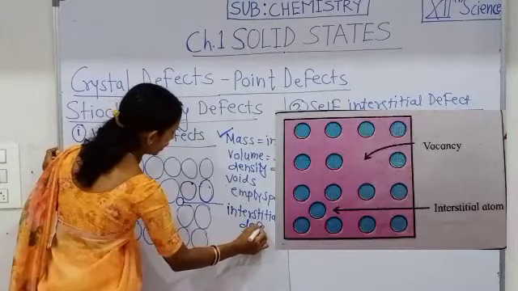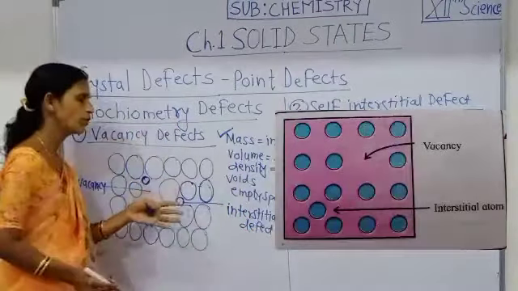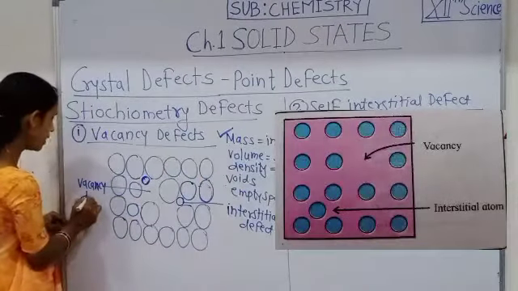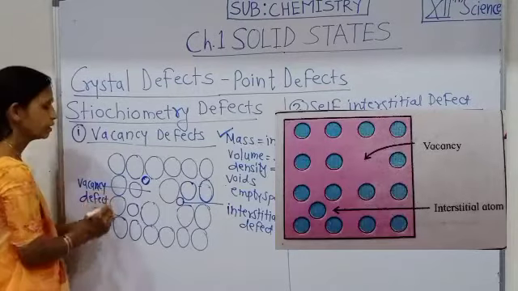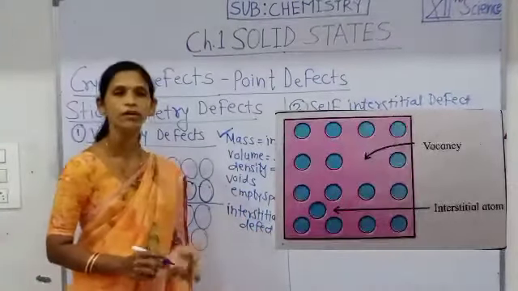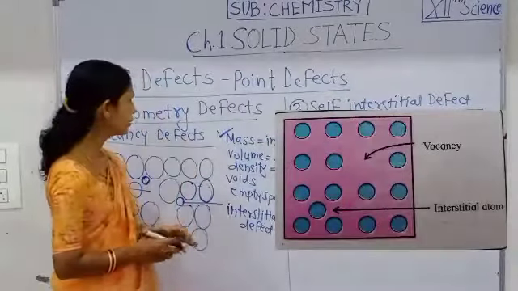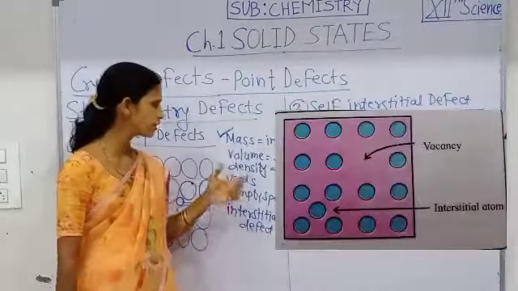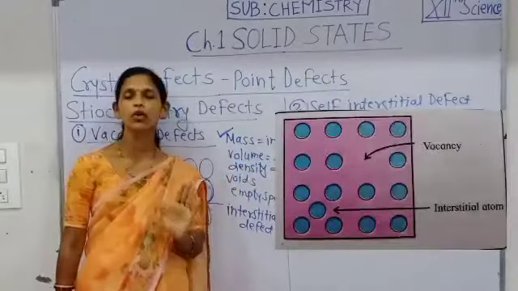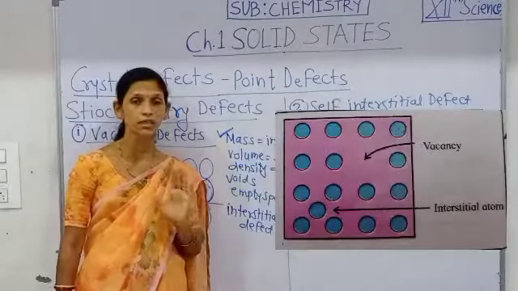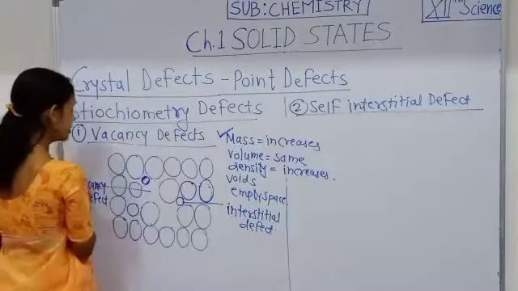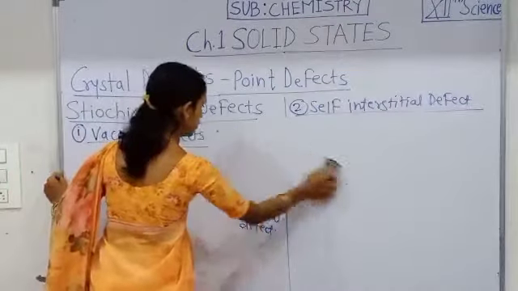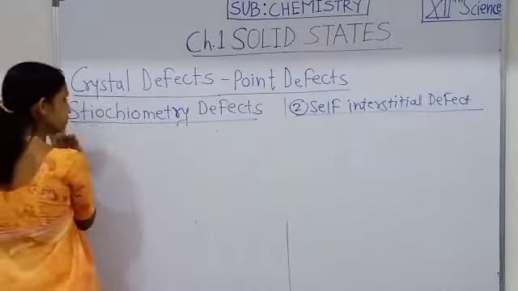Therefore, this type of defect is the combination of vacancy defect as well as interstitial defect. Here, mass of the crystalline substance increases, therefore density increases. Then we will discuss the next type of defect, that is Schottky defect and